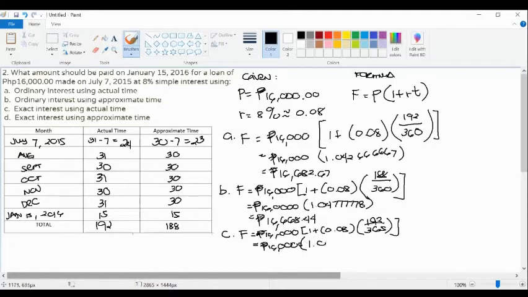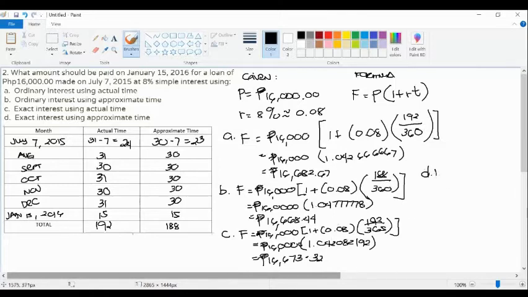Multiply by 1.04208219, and it will give us an answer of 16,673.32. And lastly, if you're going to compute for the exact interest using approximate time, using this formula and using this process,